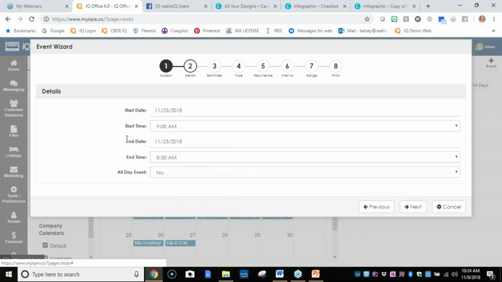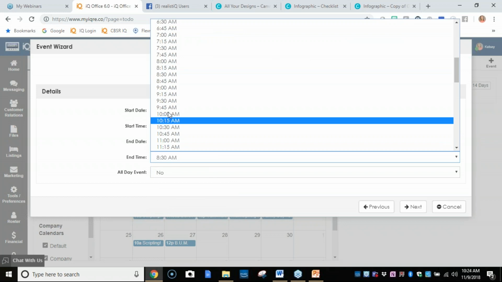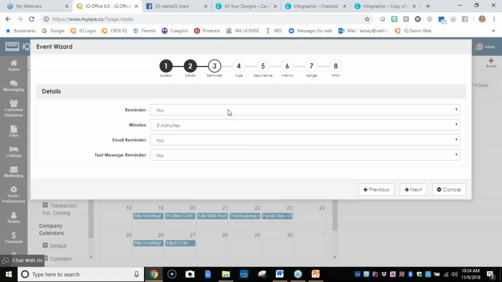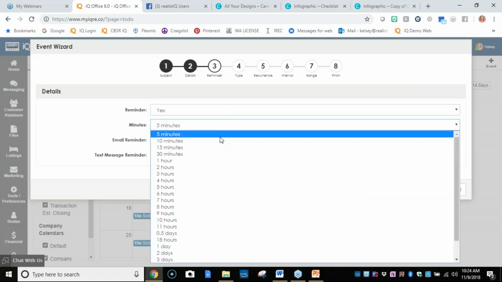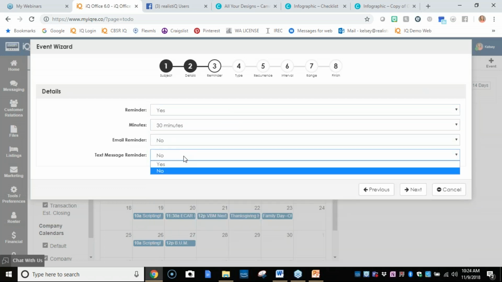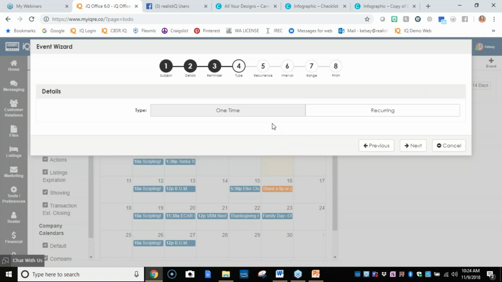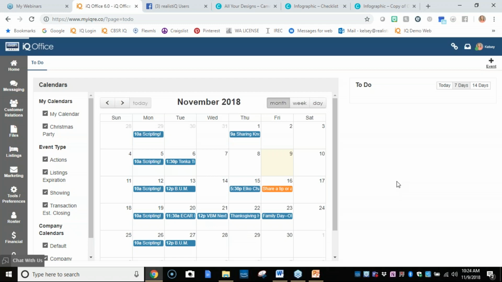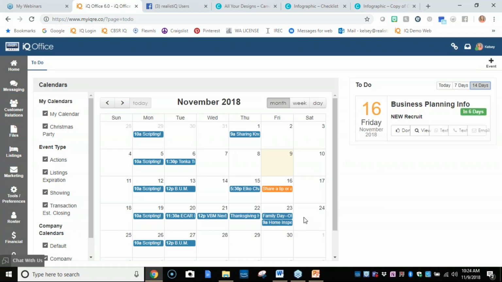And I need to make sure that I'm setting an end date and an end time that is different. Is it an all-day event? No. Do I want a reminder? Yes. I want it to be 30 minutes before, and I only want a text to remind me. Is it one time or recurring? Here's the information. I click finish and refresh, and I can then see in 14 days,